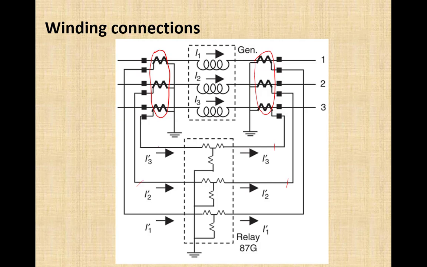Now don't get confused with this symbol. This is not the grounding symbol. It is just describing the common connection point. It means we have made a neutral point over here, neutral over here, and these neutrals are connected with each other. Just to keep the connection simple, we have mentioned it with this grounding symbol. It means this point and this point over here are connected with each other. Just to keep the diagram clean, we have mentioned that this is a common connection point of these 3 star points.